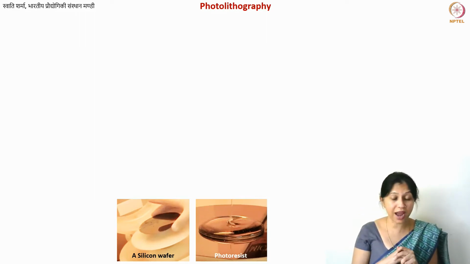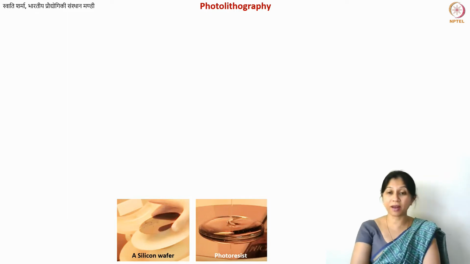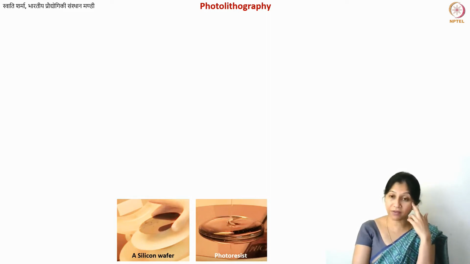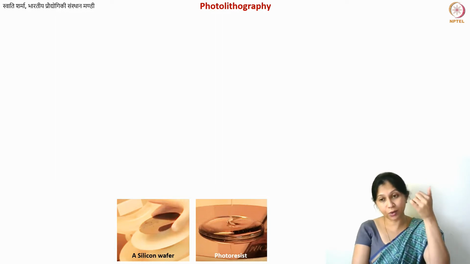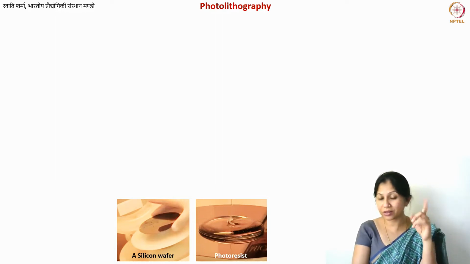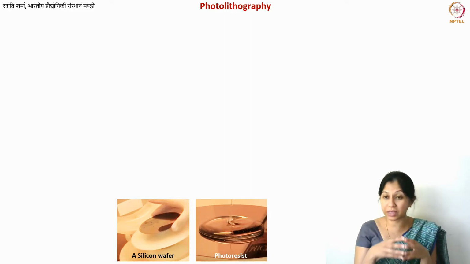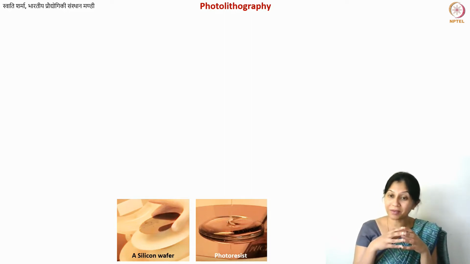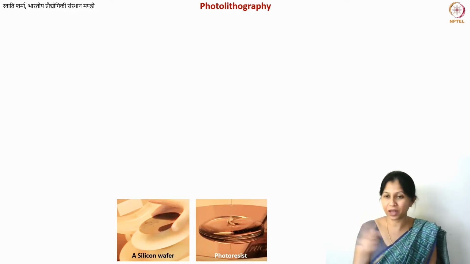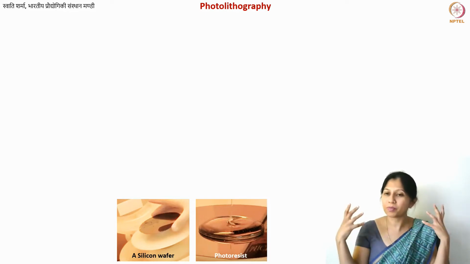Now these films are actually highly reproducible. You can get the same thicknesses no matter how many times you perform this operation. So I will pour, let's say, 2 milliliters of the resist. I can sometimes end up pouring 2.5. So is it just the quantity of the resist that you pour? The answer is no. Of course, you should not pour too much because then you're wasting the material. But irrespective of the quantity of the resist that you pour, you will get the same film thickness, because any extra resist will be thrown away due to centrifugal force.